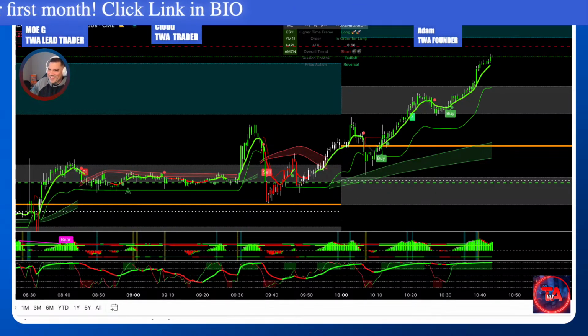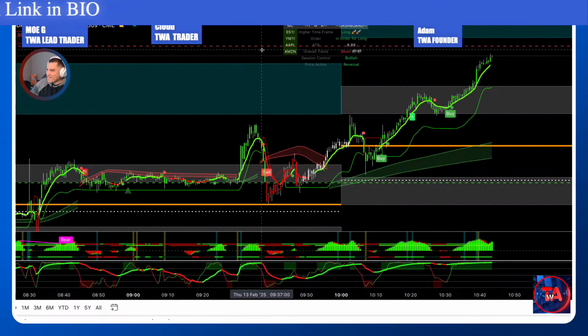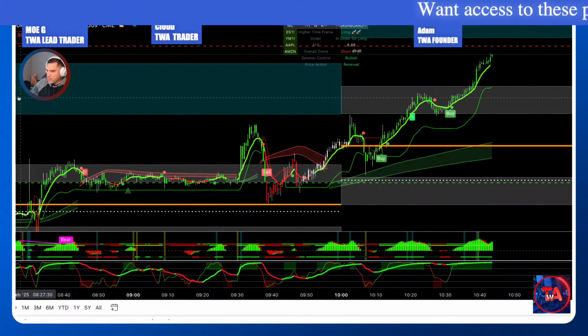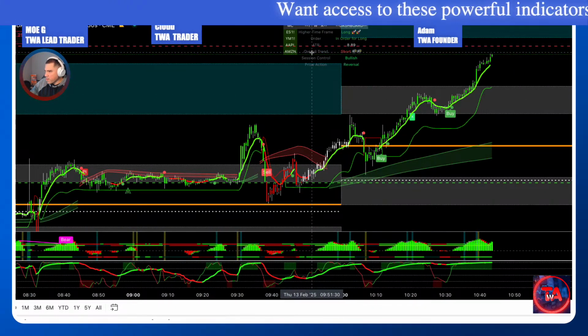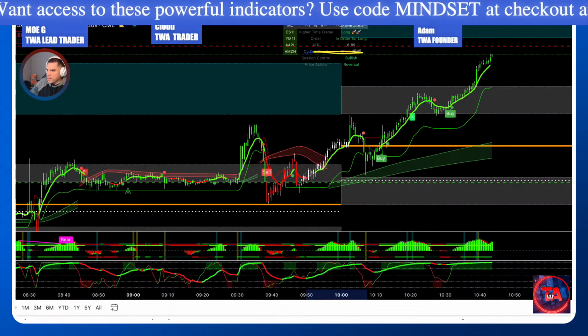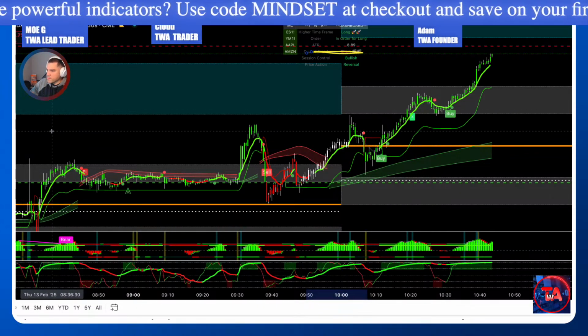The four things: higher time frame, order, session control, price action. That's what you're looking at. This area right here, just don't pay attention to it. It's garbage. And I guess just to wrap up the dashboard,